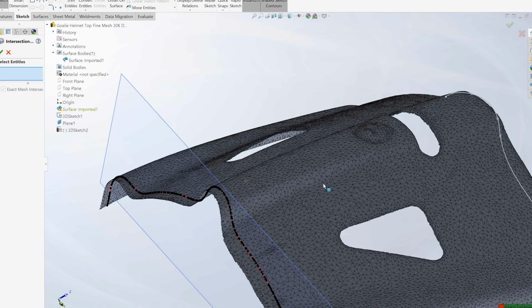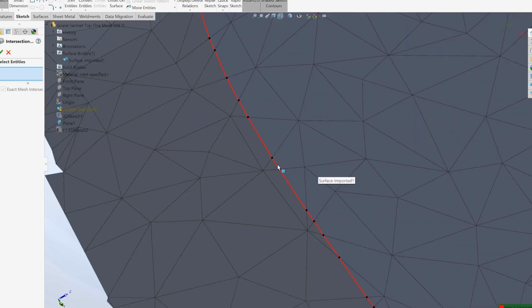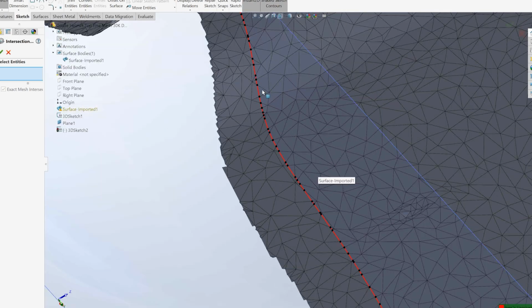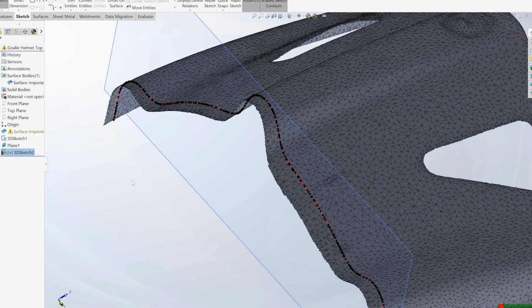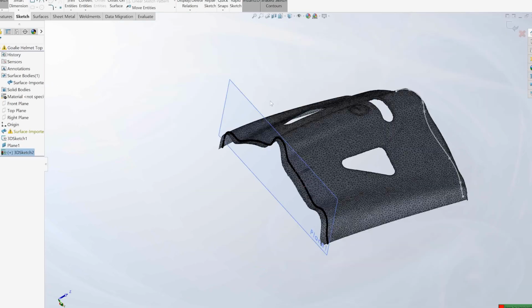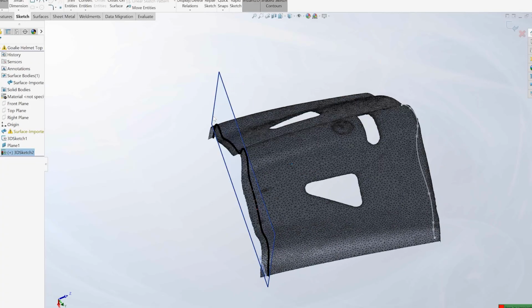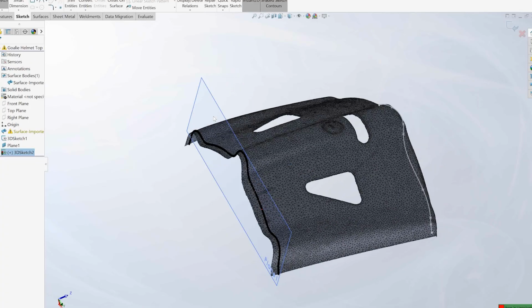We see that where prior I had maybe 10 points that I put in, this line has 1 point for every time it crosses a single line. So huge amounts of data there, and that's a pretty good starting point for our splines. Now the surface is curved, so if I were to simply tell it to loft between these two curves, it would just give me a straight line and it wouldn't represent the actual shape of the helmet. So the way I would get around that is to click on the plane, hold the Control key to copy it,